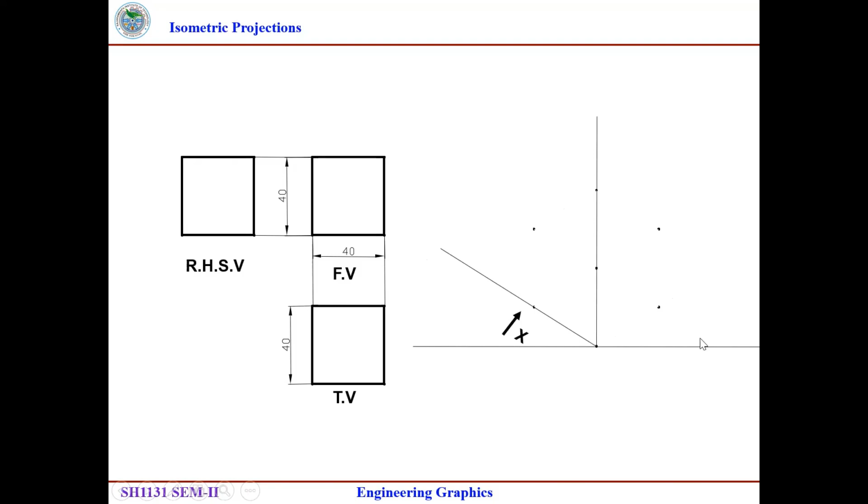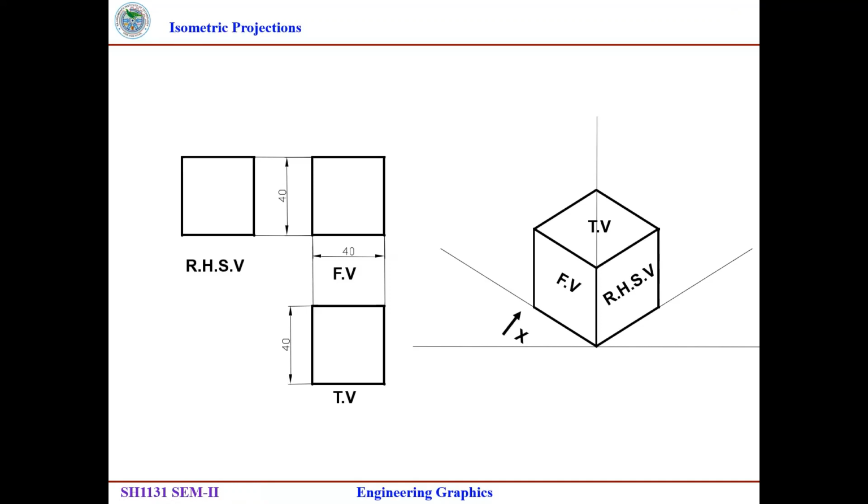Okay, now next part. Getting? So the same consideration we have to consider here. Then top view, front view, right hand side view. Okay, so here you will get this isometric view. Isometric view is nothing but conversion of 2D drawing into 3D drawing. And orthographic means what? Conversion of 3D drawing to 2D view. So this is a reverse procedure, reverse to the orthographic one.